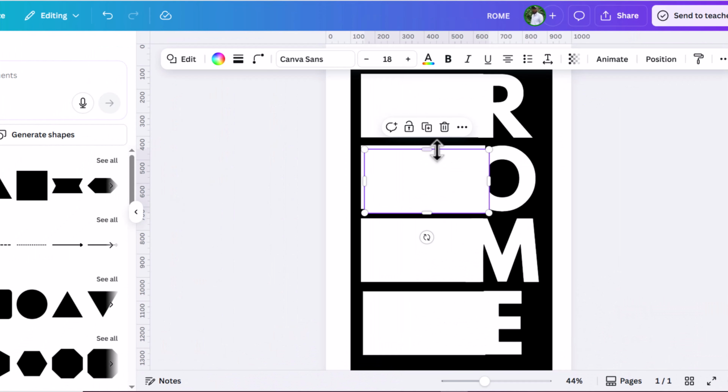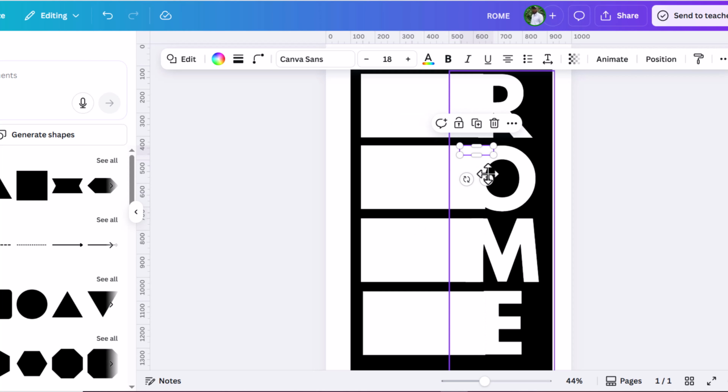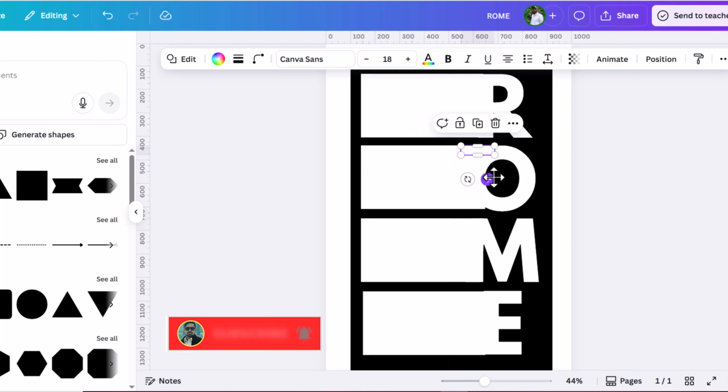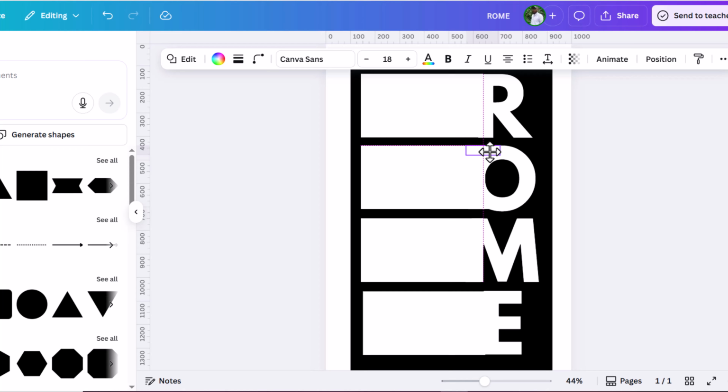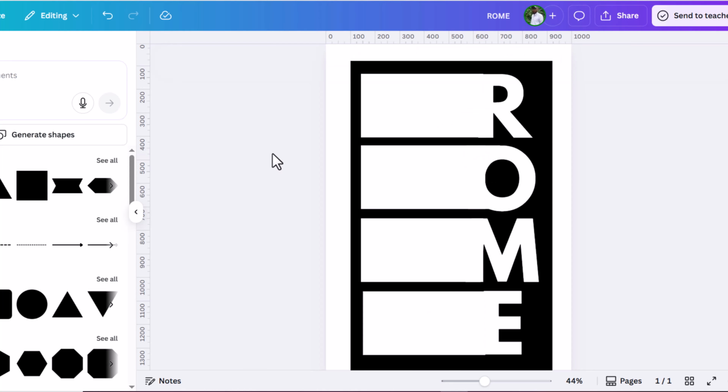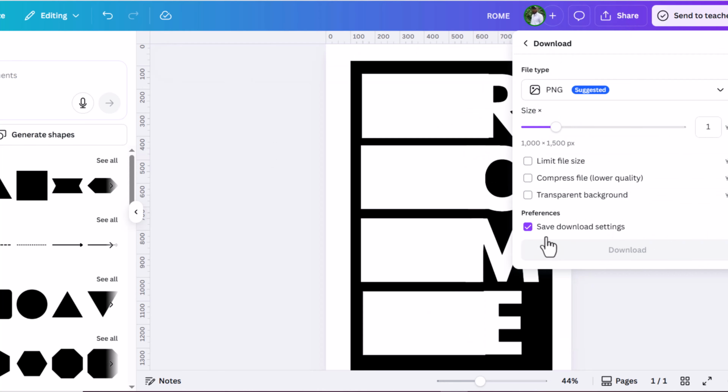Let's cover this space that we have here. Duplicate this shape and place it like this. Duplicate. Make another one here and download this page as PNG. Select all and delete. Upload the new image.